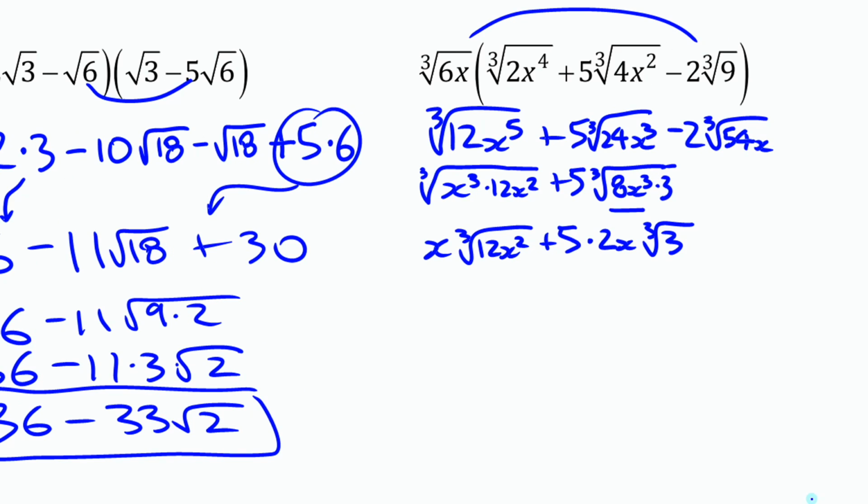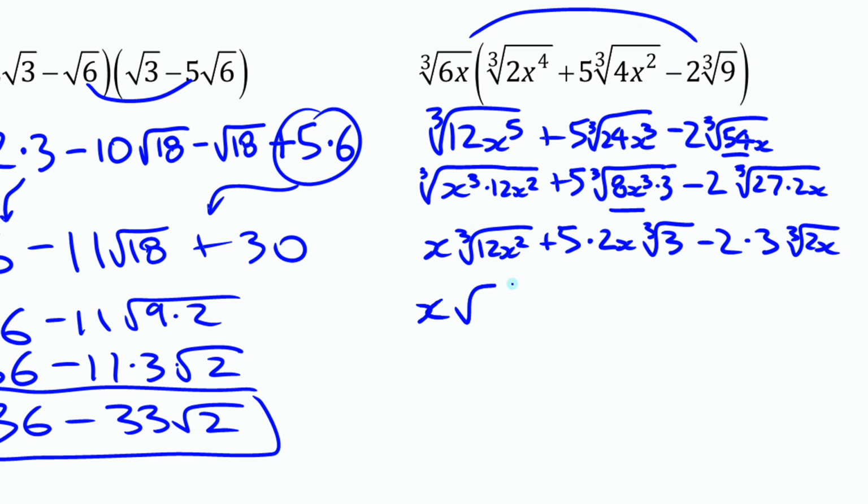And then the last thing, we can look for a perfect cube here. X is not a perfect cube, so we can't do anything with that. And 54 does have a perfect cube factor. It is 27. So we can write this as 2 cube root 27 times 2x. And the 27 we can then write cube root of 27 is 3, and then we can leave cube root of 2x over there. So when it's all put together here, we can have x cube root 12x squared plus